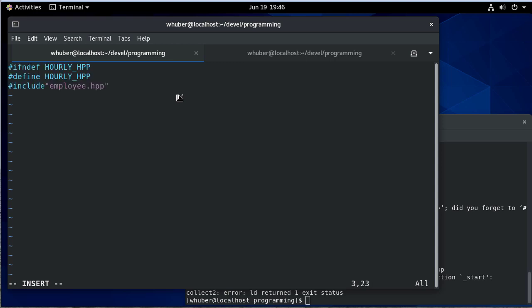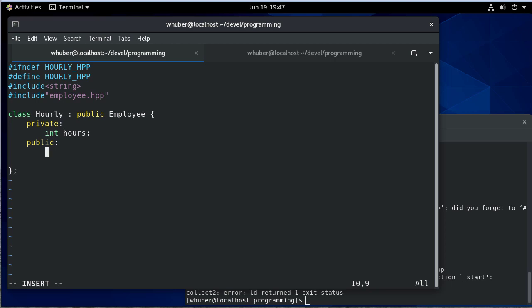In our hourly header file, we'll first add our guards, then our hourly class will extend employee, not staff member, but employee. And I'm going to put the ending brace and the semicolon at the end so I don't forget it like I did last time. Now, the hourly employee has an additional member called hours, and then the hourly worker is going to start off with a pretty similar constructor,